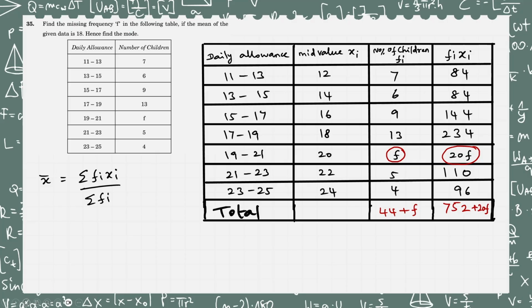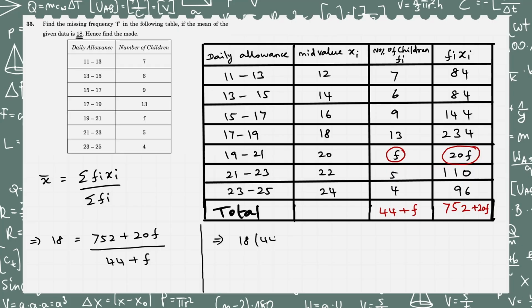Okay. So x bar equal to sigma fi xi by sigma fi. That implies, see, the value of x bar, the mean, is already given, 18. So 18 equal to (752 plus 20f) divided by (44 plus f). And we are going to solve this equation by cross multiplying 18 with 44 plus f, and that will give us the value of f finally, and after that only we can find the mode of the data. So let's continue further. That implies